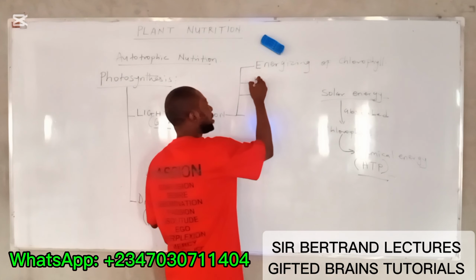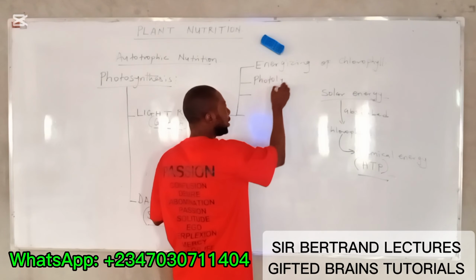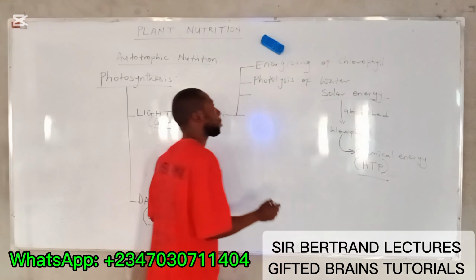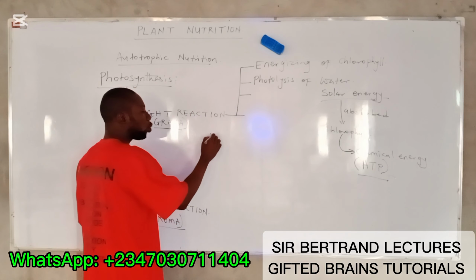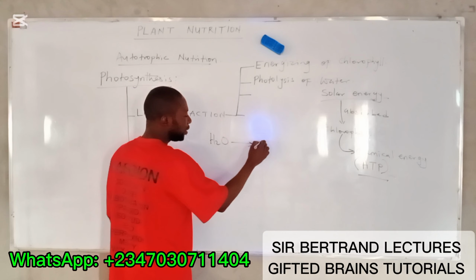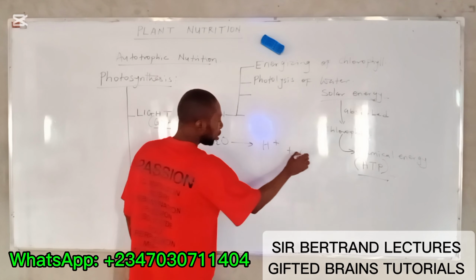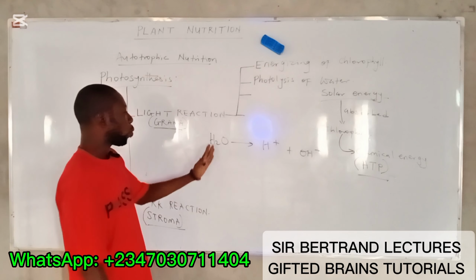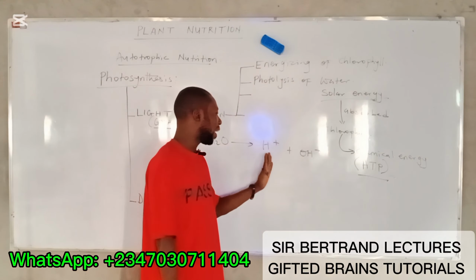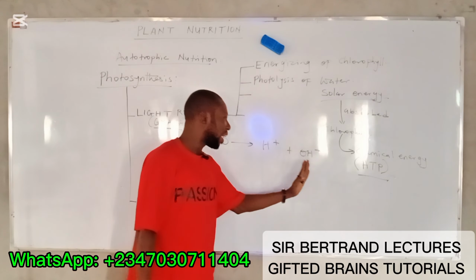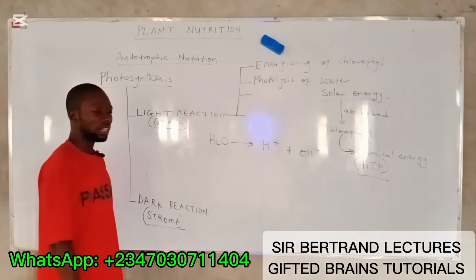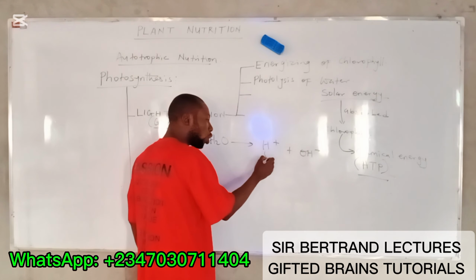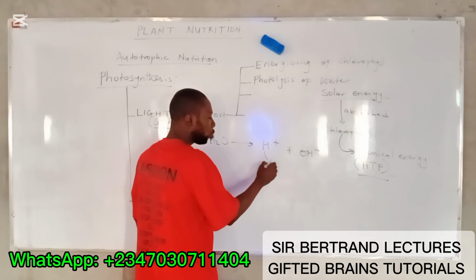Now, after that, the next is photolysis of water. Water molecule is split into hydrogen ion and hydroxide ion. Do you understand? Now, the hydrogen ion here is absorbed by an enzyme known as